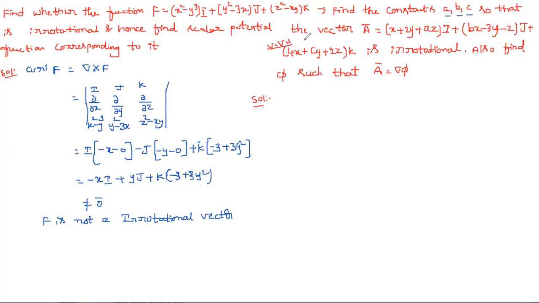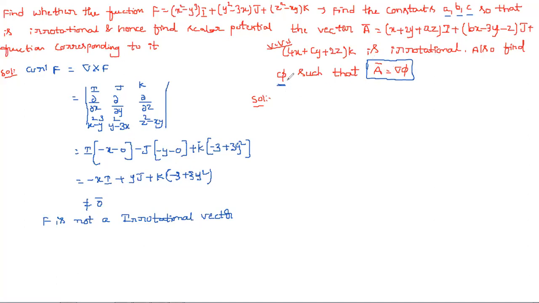For that, what is the condition they mention? So that the vector is irrotational. It means, is it necessary to prove that it is irrotational? No. We require the values of a, b, c. For that, what is the condition they give? That the vector is an irrotational vector. So they only mention that the vector is irrotational. And next, also what they asked, we need to find the function phi by using this condition. In other words, they can ask: also find the scalar potential function phi. Also find the scalar potential function phi.